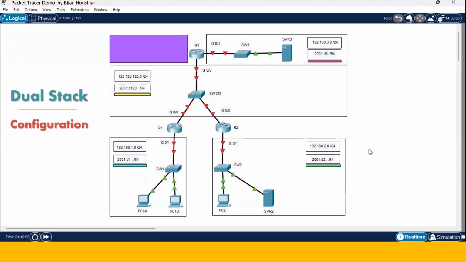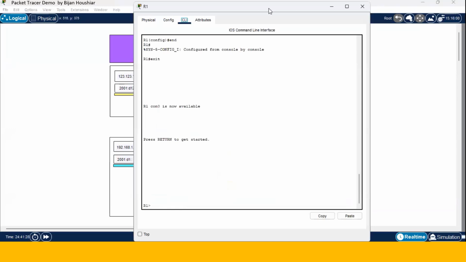Our objective is to configure EIGRP for both IPv4 and IPv6 in this internetwork. Therefore, we need to configure all the devices with both IPv4 addresses and IPv6 addressing. A unique IPv4 address and a unique IPv6 network address is set aside per each of the four networks that you see in the topology diagram. First, we're going to go ahead and configure router 1,